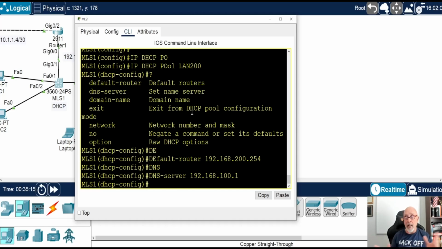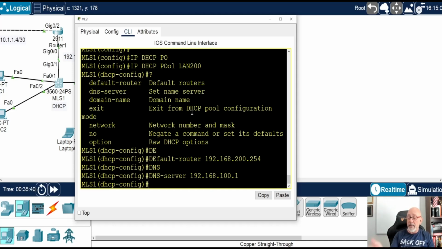Your DNS server does not have to be, like when you're doing Active Directory, right? It used to be back in the good old days that people had this mindset, well, if you're running Active Directory, the DNS server has to be on the Active Directory. No, the DNS IP address can be anywhere, on any device, as long as you have the DNS service running. So this is where the DNS service is running, on that particular DNS server, and that's what's going to get assigned to these PCs.